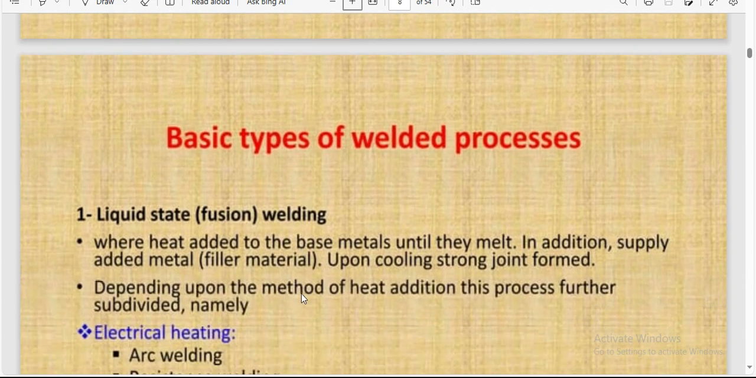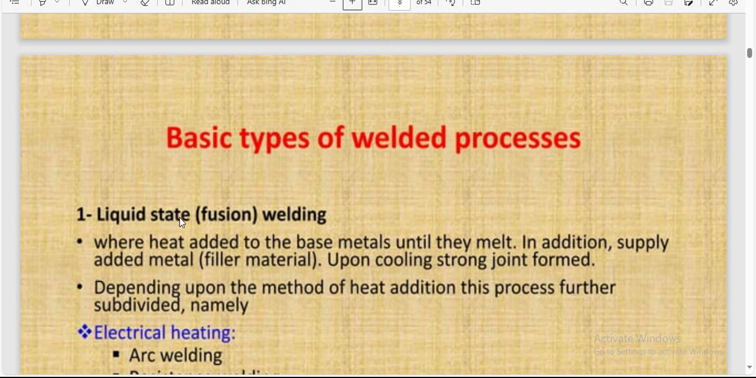Basic types of welding process. In welding, we can use different mechanisms or ways of welding, which are classified in many ways. From them, the basic types of welding process. Number one, liquid state or fusion welding. As you can see from its name, liquid state means the base metals are joined in a liquid state,